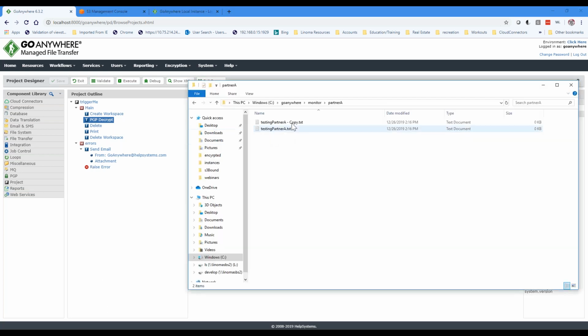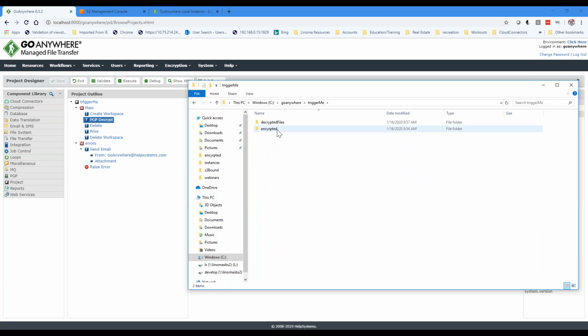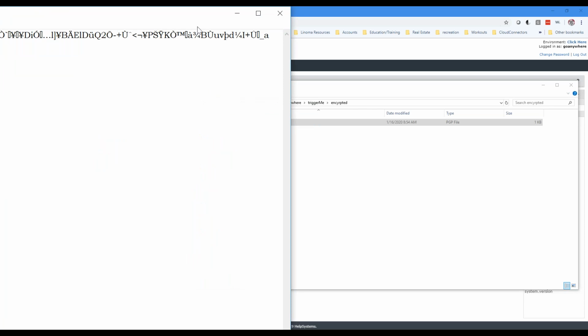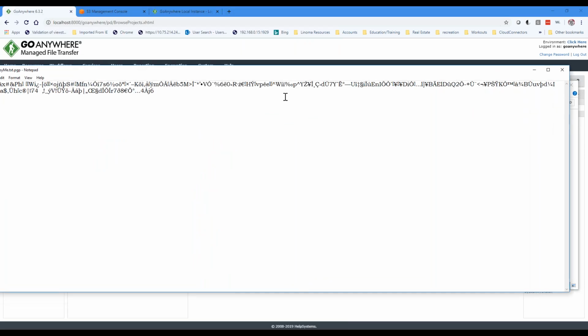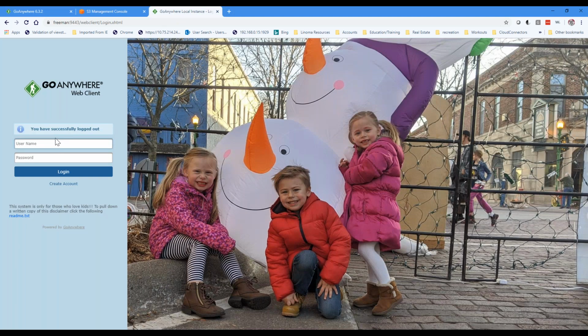So let's go to GoAnywhere, and let's assume this encrypted file here, this copy me text PGP, is actually the file that we're going to assume Partner A is logging into our system and uploading. If I try and open this, it should be garbled junk, which it is. So we got this old garbled junk file here. If I run this, and it's under Trigger Me encrypted, if I take this file right here, let's go ahead and log into